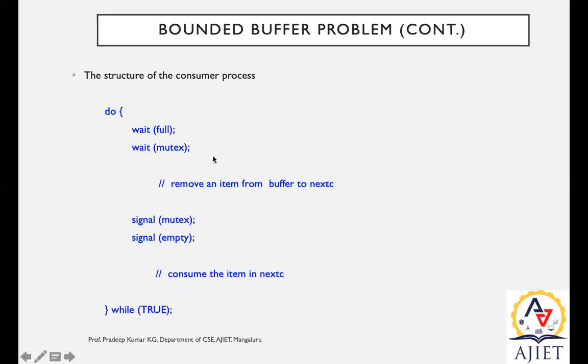On the receiver side, when the mutex has the value 1, it can remove an item from the buffer and it will give a chance to the next consumer in the next turn. So remove an item from the buffer. In both cases it should be 1. Once it receives the value from the buffer, then it will signal empty, and so on. That is how it is repeated. That is the bounded buffer problem solution for synchronization. So process synchronization can take place using this bounded buffer, because only one process will be given access to the critical section, to the data.